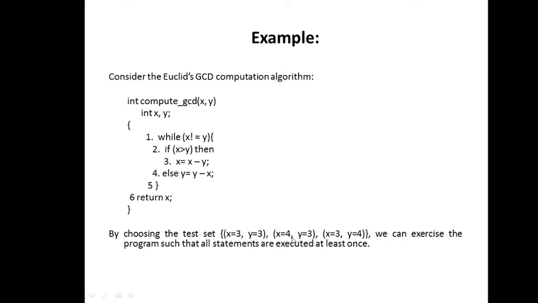Then another test case is x greater while y is a lesser value. If x is greater than y, we execute this statement, so the third statement will be executed. So we have executed statements 1, 2, 3 and 6 till this point. Now if I take x as a lesser value while y is a greater value, this else will be executed, else y equals y minus x, and this while loop ends here. So all the statements get executed with just 3 test data. Why take hundreds of test data when 3 are sufficient? So this is what this method says.